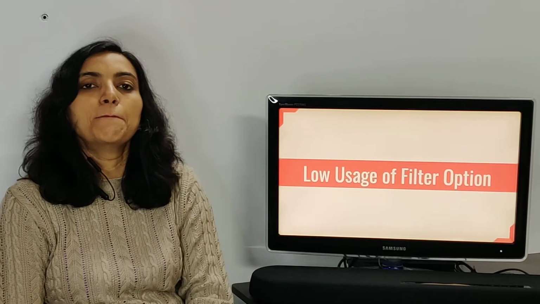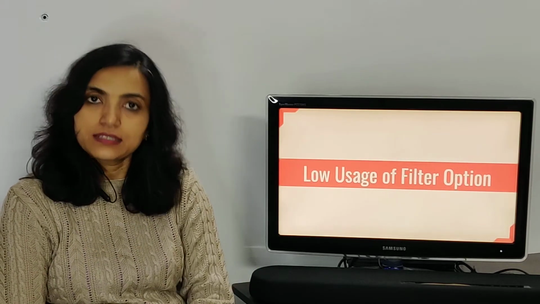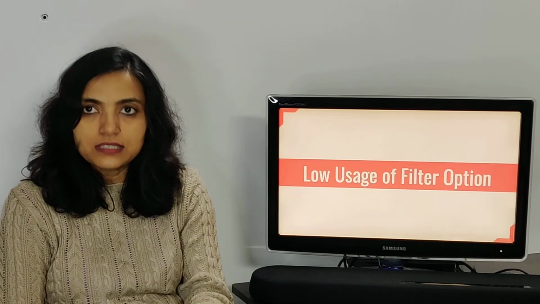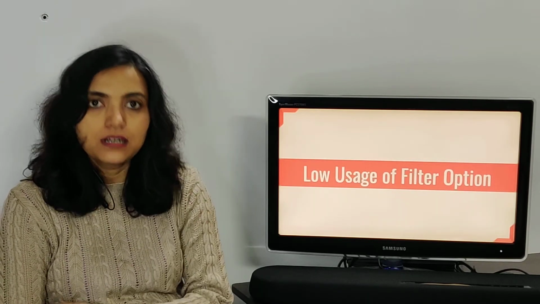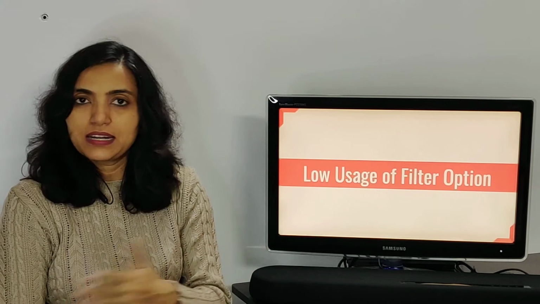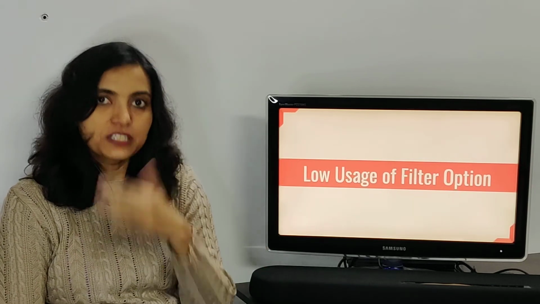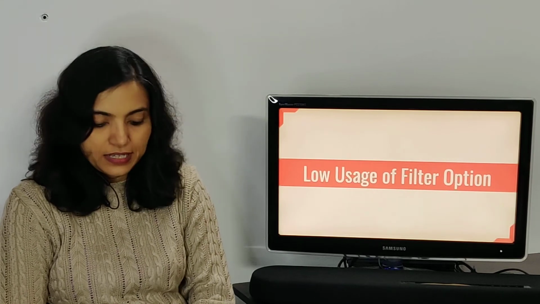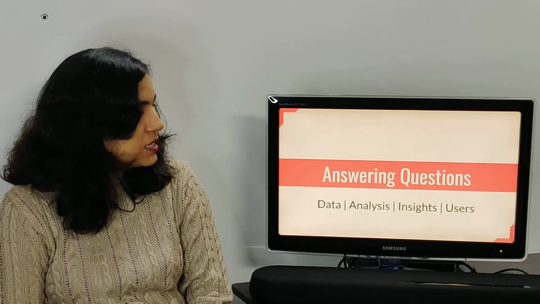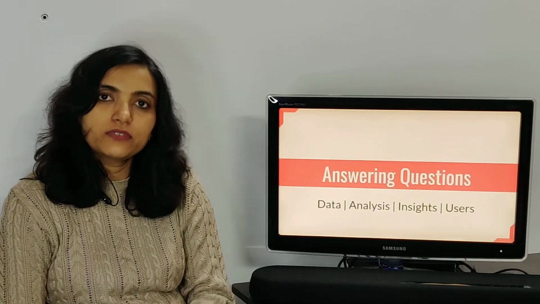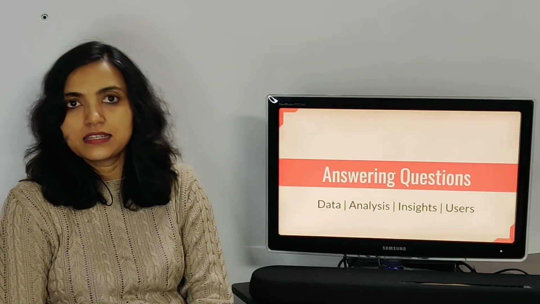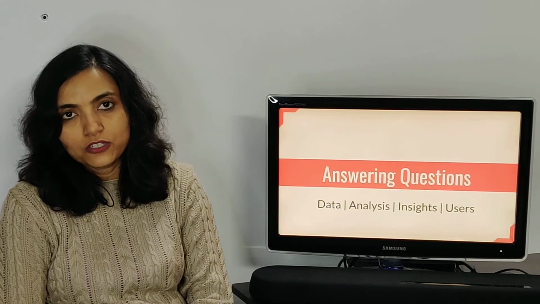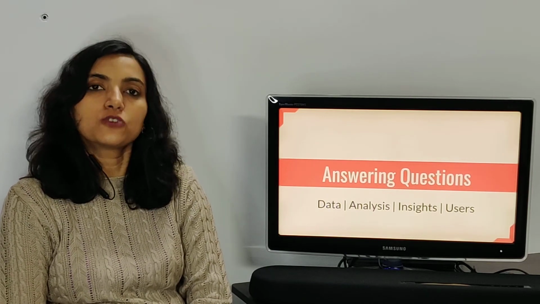Similarly, if the drop off was at the level of, let's say, when they are not selecting the filters although they are clicking on the button, then again the question is, is it too confusing? And you can see the videos to see if people are moving around trying to figure out the options but not able to figure out, and then you can again take direct inputs to validate this. So as you see in these examples, you will use a combination of different kinds of data, different analysis techniques, and also qualitative understanding to figure out the answers to your questions, and that is how you solve a problem.